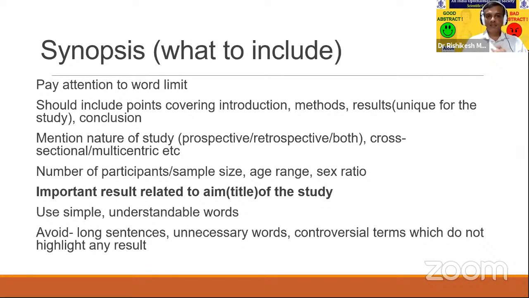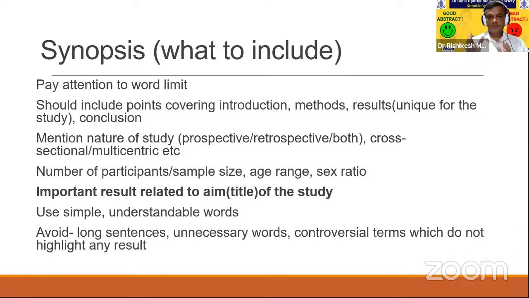The second part is the synopsis, the second part of the abstract which you will be submitting. Go through the requirements for what you are presenting, because sometimes, like in AIOS, we don't need to put in different headings like introduction, methods, results. You simply put in a single paragraph. But for something like the World Society for Pediatric Ophthalmology and Strabismus, WSPOS, it has to be under these headings in which the abstract has to be submitted.